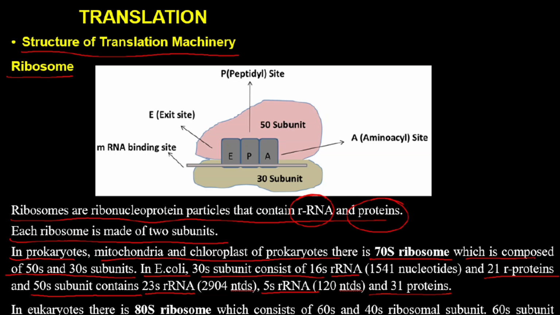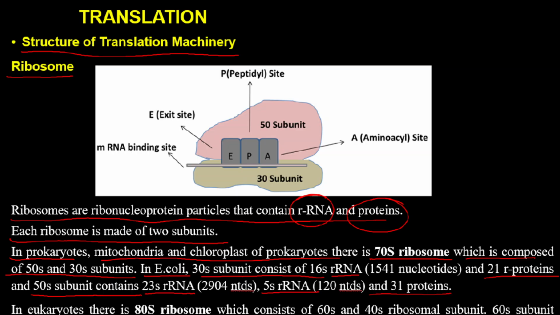Right now we are talking about prokaryotes, about ribosomes, which are 70S. In eukaryotes it is 80S type. And the 70S ribosome is composed of 50S and 30S subunits. Two subunits are there, a larger subunit and a smaller subunit. The larger subunit is the 50S subunit, the smaller subunit is the 30S subunit. Together they make the complete workable ribosome. If any of the subunit is missing, the ribosome won't be able to perform its function.